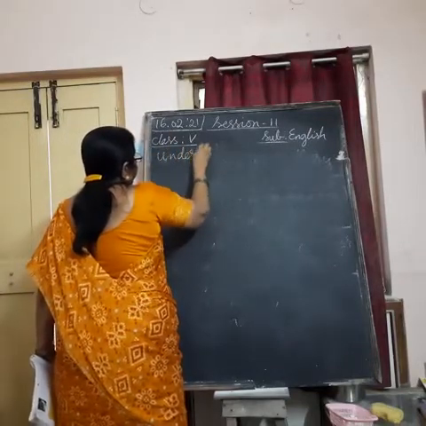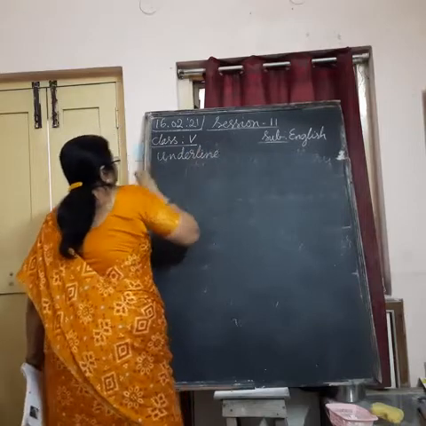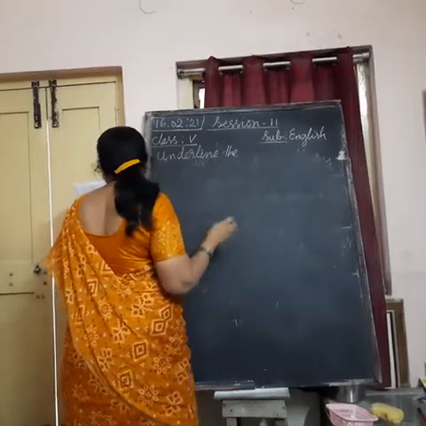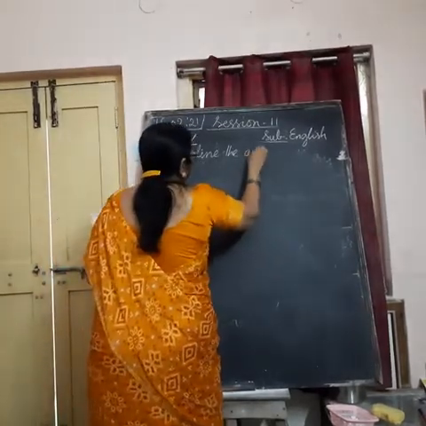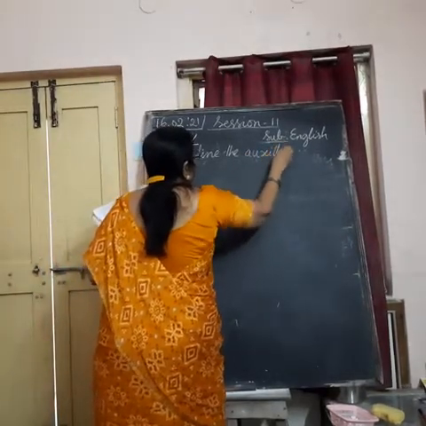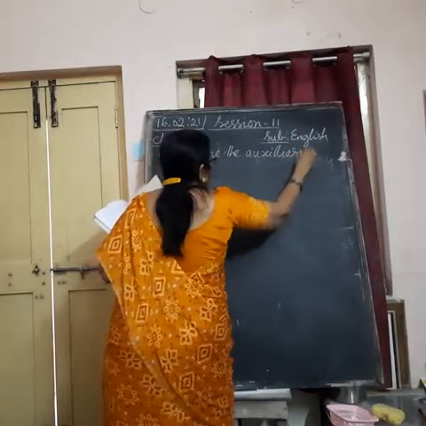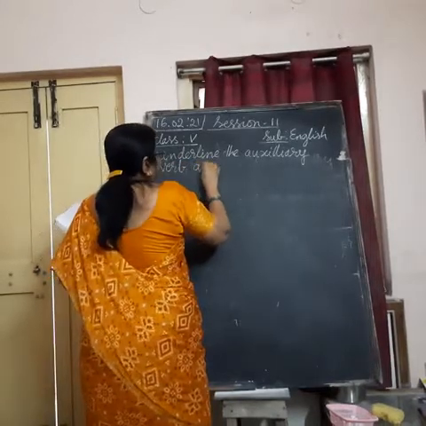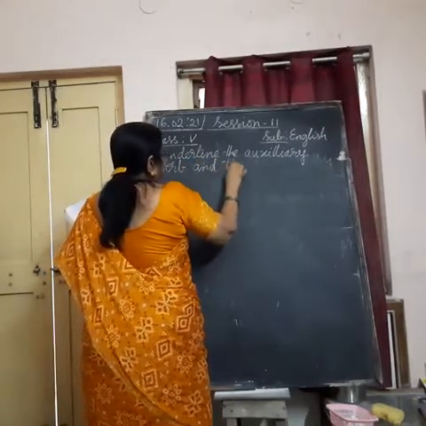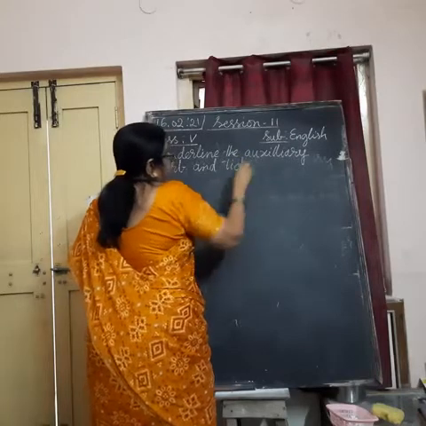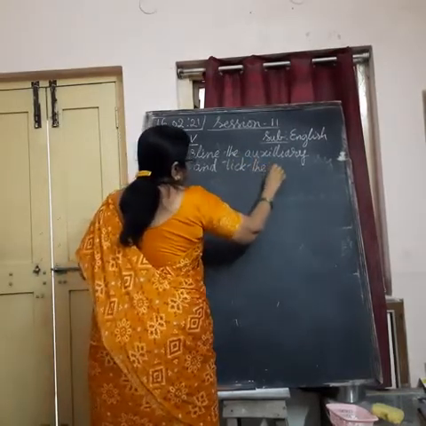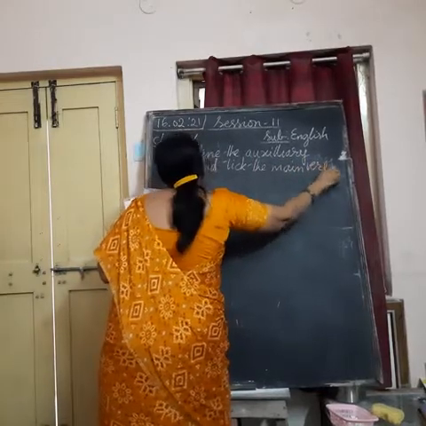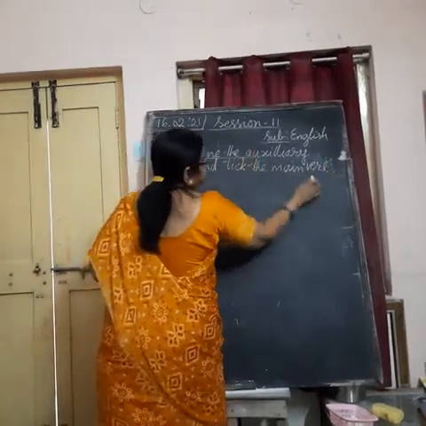Underline the auxiliary verb and tick the main verb. This is our topic for today. Tick the main verb. If the heading goes like this,